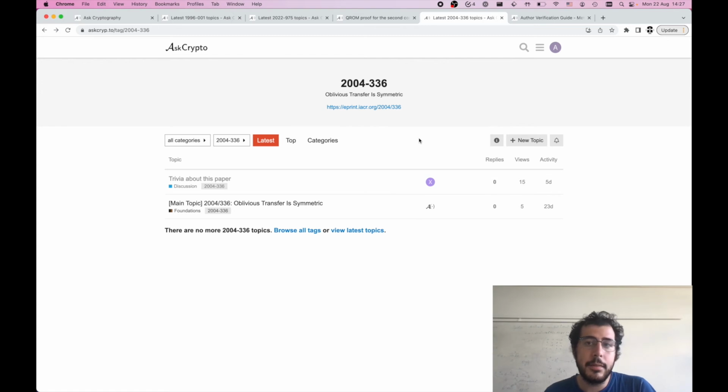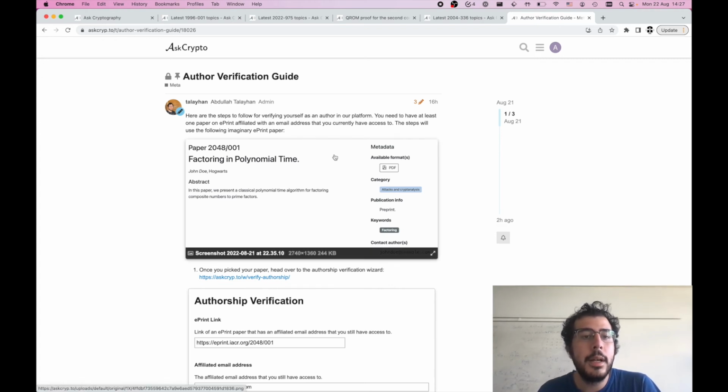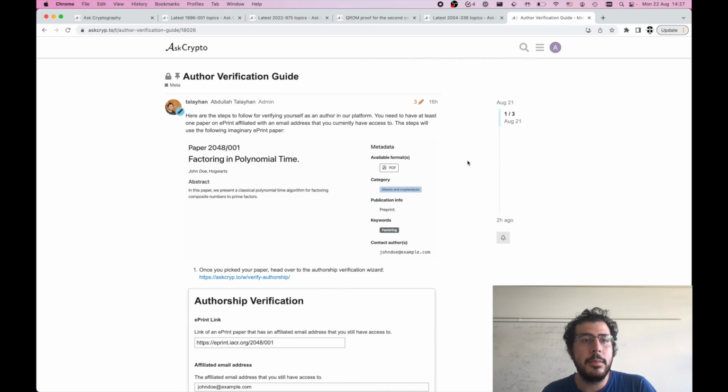Lastly, we have another feature for authors, which is the verified author accounts. Using the author verification guide on our website, you can apply to be a verified author. This is valid for anyone who has a paper on the ePrint Cryptology archive. After this manual verification process, which can take a while, we have the following functionality. Each topic that is created related to one of your papers will include your username on the website at the top of the topic,